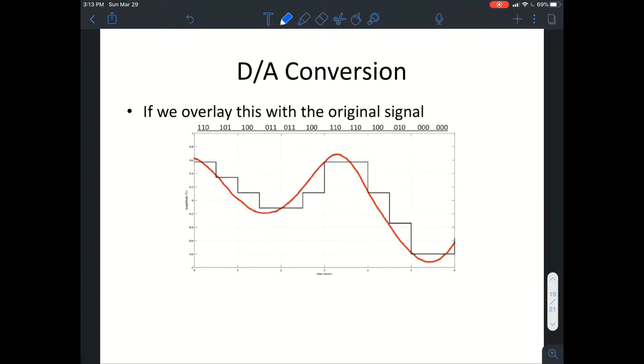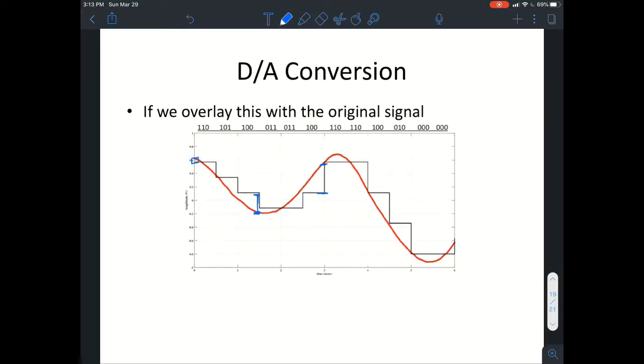If we look at it overlaid, we can see that it matches the overall analog signal, but we have distinct differences, and in some places the differences are worse than others. So right here, that's not a very bad difference at all. However, here, for example, that gets to be a pretty big difference, or in this case, that's an even larger difference. So this is actually going to be the next topic that we're going to discuss, and it's called quantization